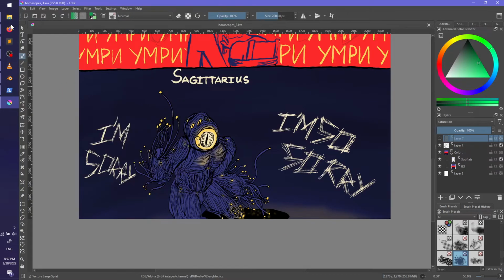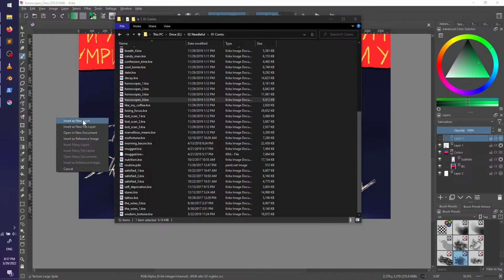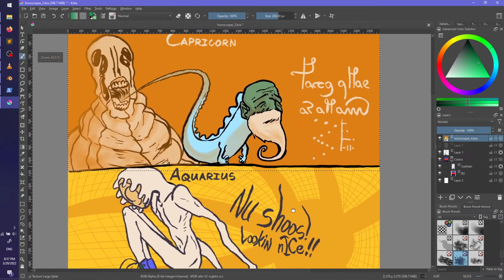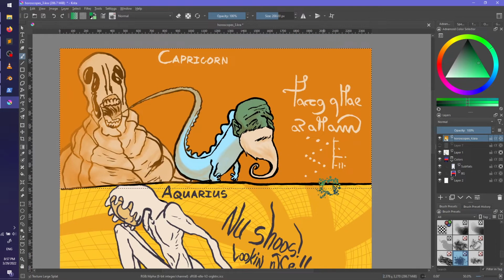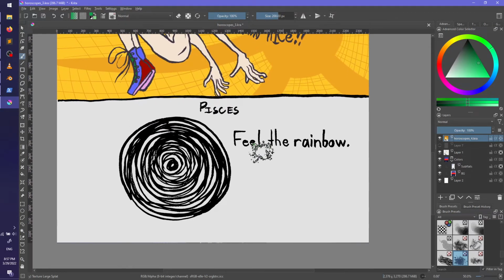Hang on. Hopefully I don't open up all the terrible things I've been working on. Oh yeah, I got Capricorn. Yeah, that one was easy. That one was easy to get. But what does Sagittarius mean? Oh yeah, Aquarius. Well, obviously he has new shoes. Obviously you got new shoes. These are actually based on my shoes because I'm an Aquarius and I wanted people to compliment my shoes. And yeah, okay. Yeah, I get this one.